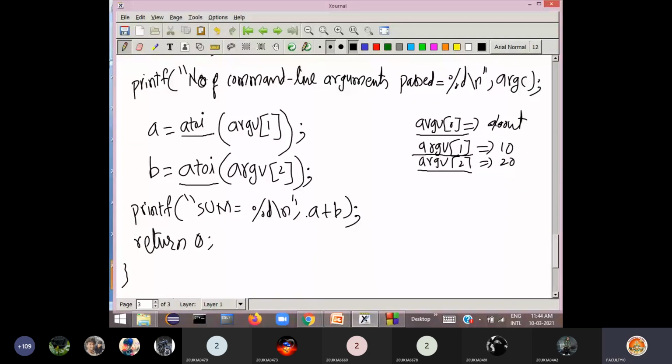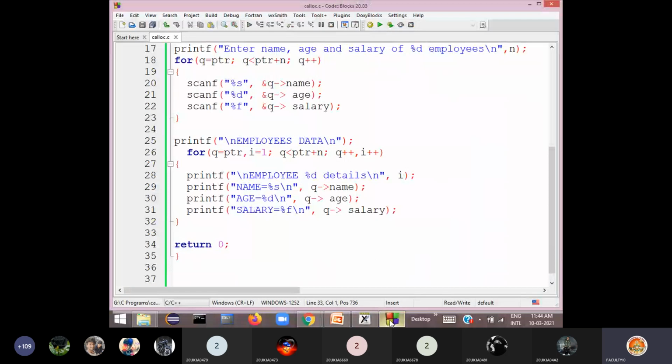Is it clear now? So technically, they are stored in argv of 0, argv of 1. Hope you understood this. Now I'll show the execution, but executing command line arguments in Code::Blocks is not possible.